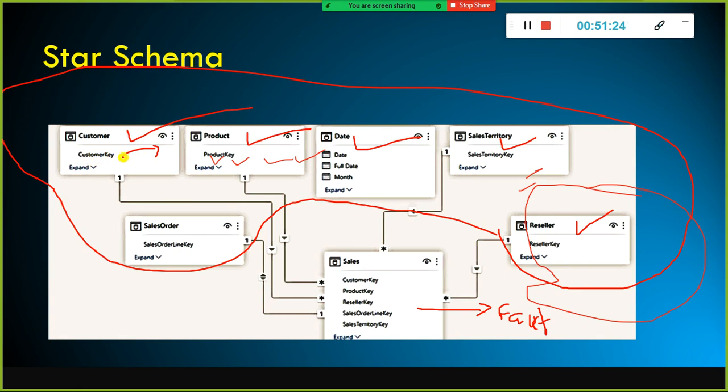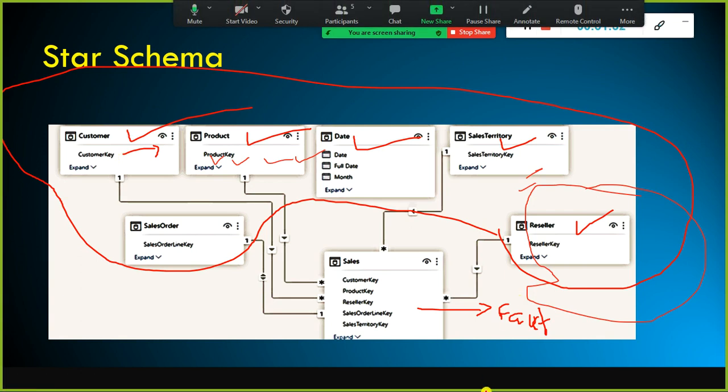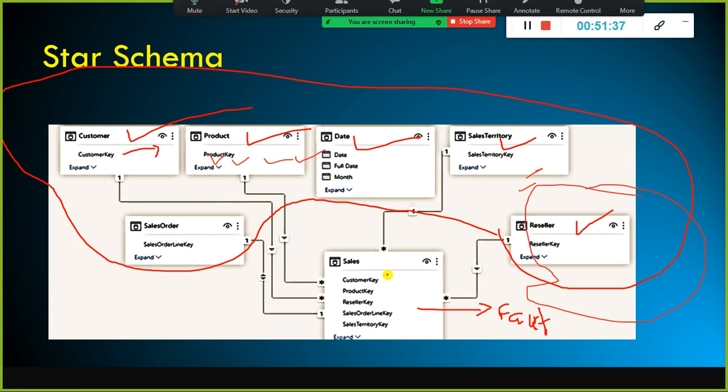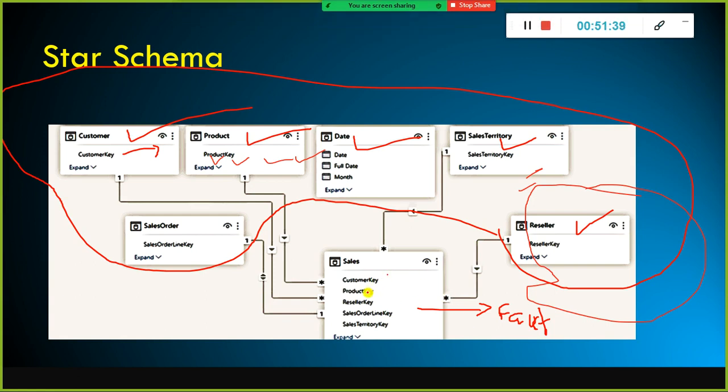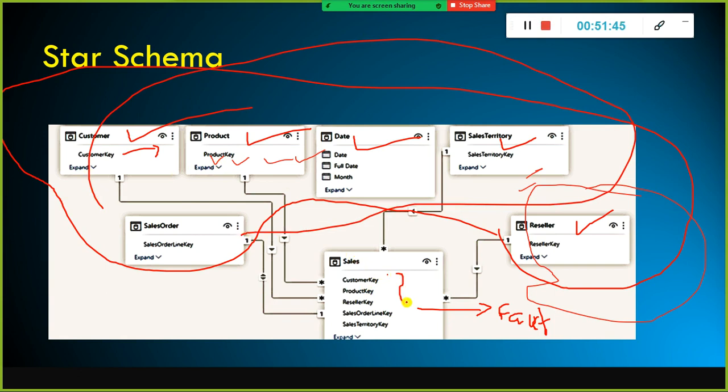And along with this, just having the customer key is not sufficient. You need to have the customer name also. In the case of the fact table, the fact table will hold the combination of all these dimension tables' keys, the surrogate keys, plus the facts or the measures.